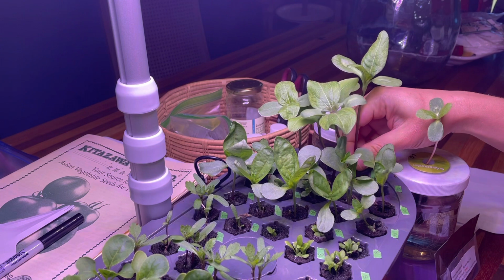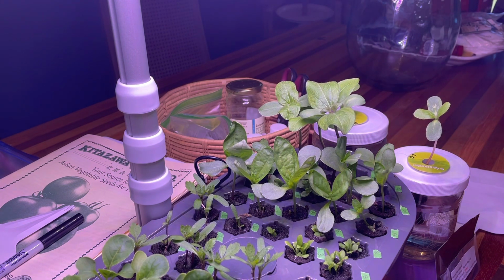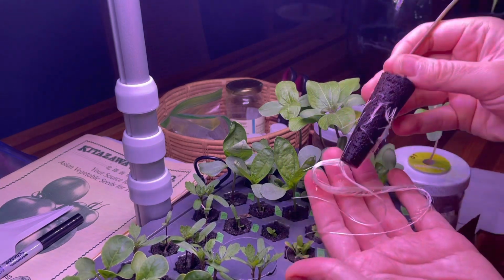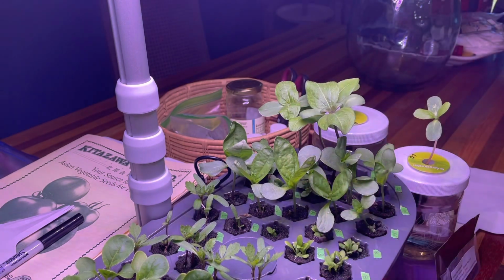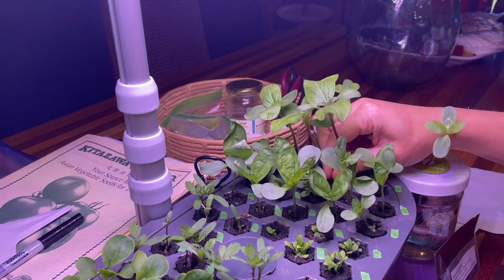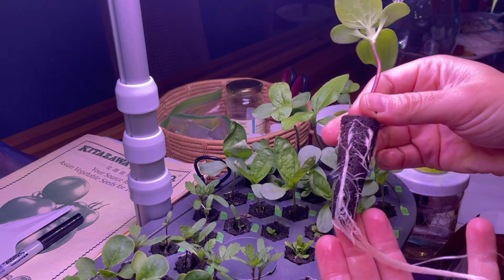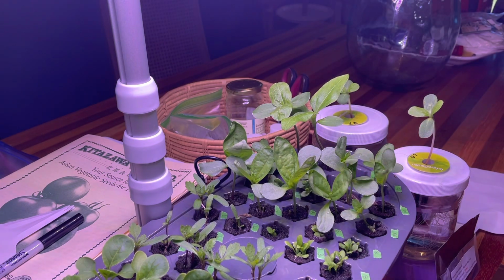I just wanted to show you guys the roots on these. Yes, so after 7 days, this is the roots, and I decided I'm going to go ahead and transplant these little babies outside. I think they'll do quite well at this point. I don't think there's too much advantage in keeping them in the AeroGarden any longer. They have a great start, and I will do an outdoor garden update shortly, and you'll see how these guys